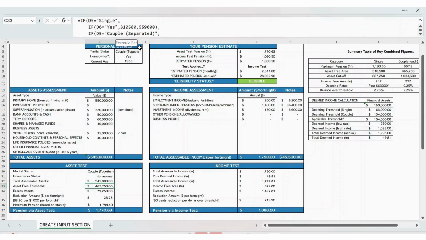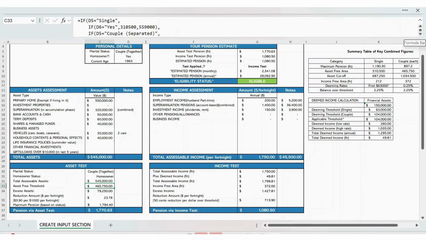If D5 equals couple separated, if D6 equals yes, 310,500, 559,000 times 2. If D6 equals yes, 465,750, 718,000. This nested if statement checks if you're single and a homeowner, the threshold is